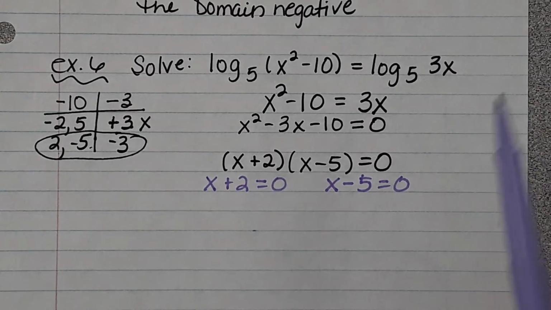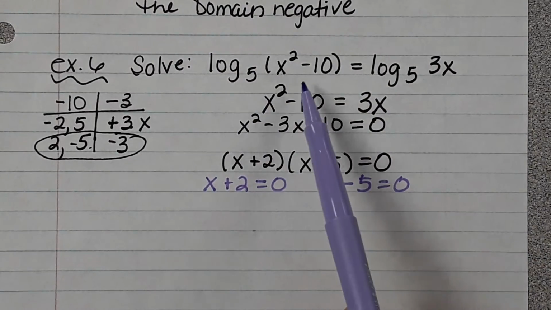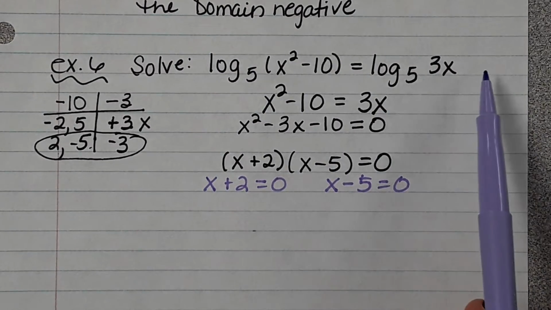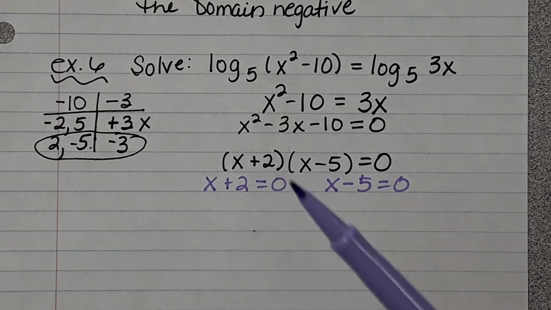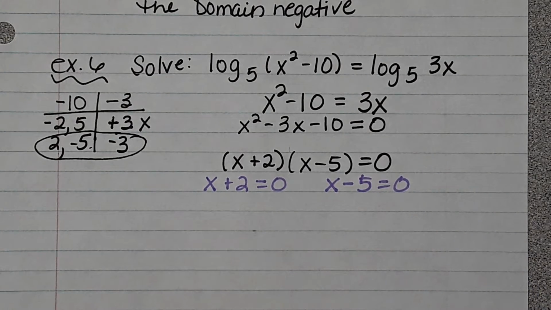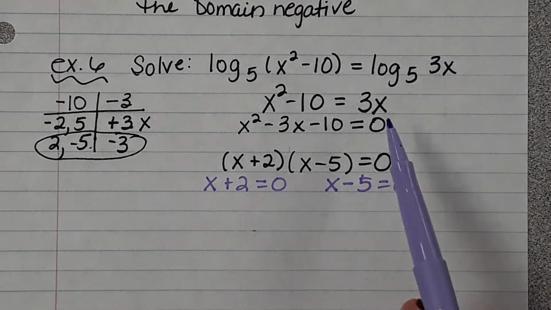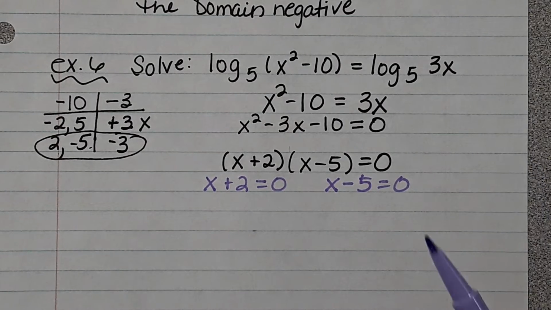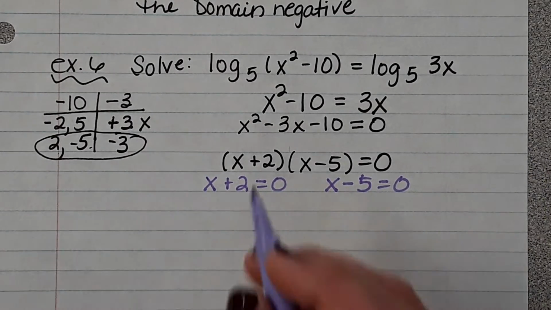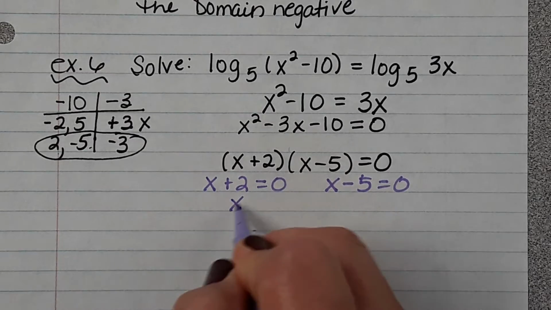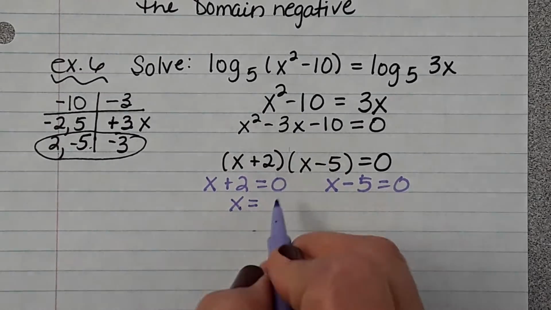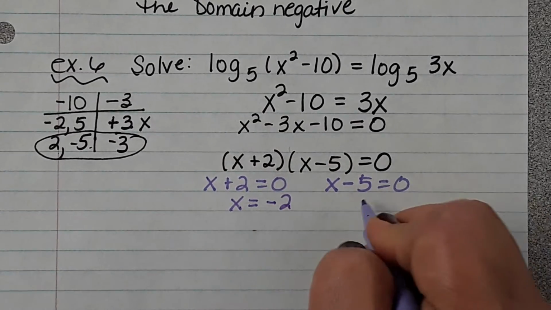Now, if it was just log of 5x squared equals log of 10, then you could take the square root because you only have a square and a number. But as soon as you have an x term, you have to factor it. Okay, so on this one, this would be x equals negative 2, and this one is,